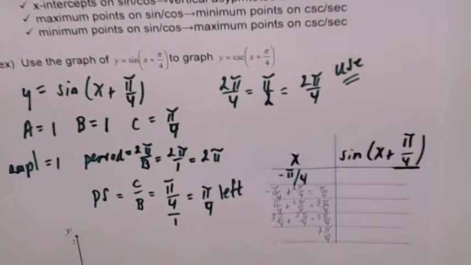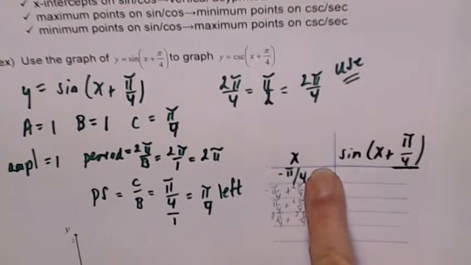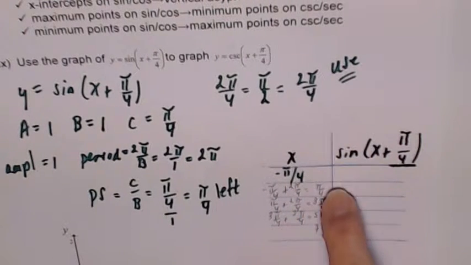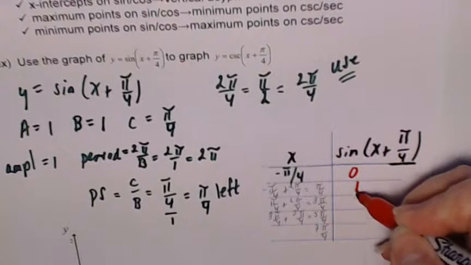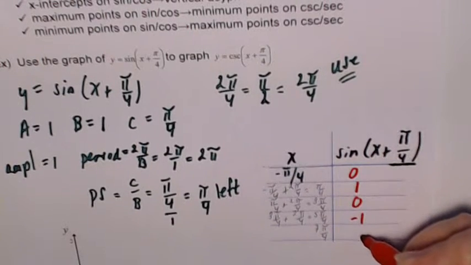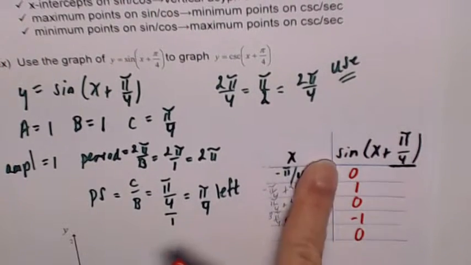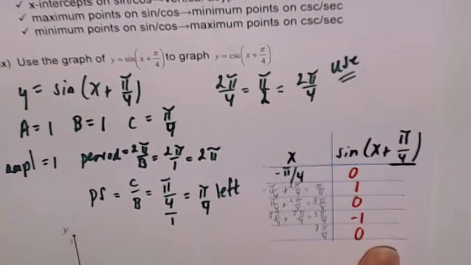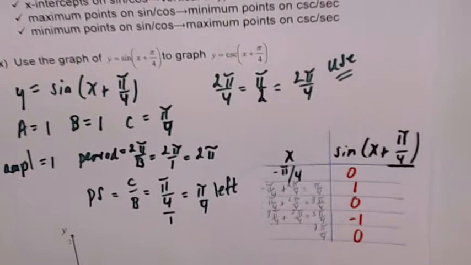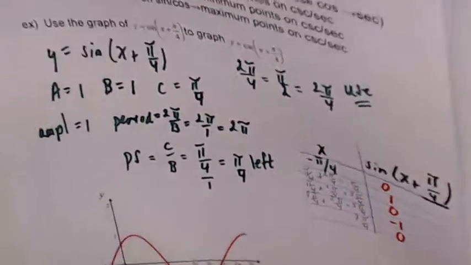The angle measurements. Now, in terms of our sine, we can fill these in because we know this represents our starting point, which normally would be 0, pi over 2, pi, 3 pi over 2, and 2 pi. So the corresponding sine values of those would be 0, 1, 0, -1, and 0. And since we do not have a change to the amplitude or reflection, these are the y values that we are going to use in our graph. So in this particular example,